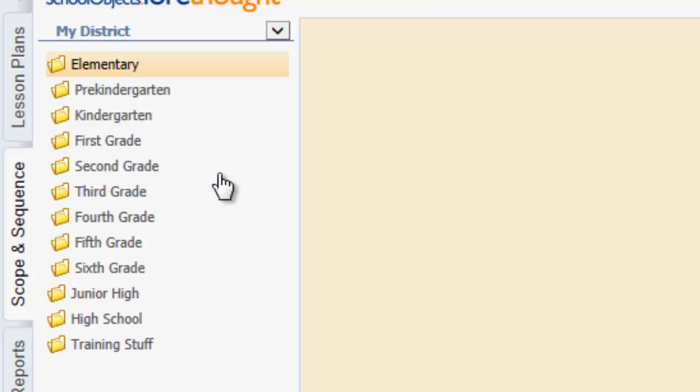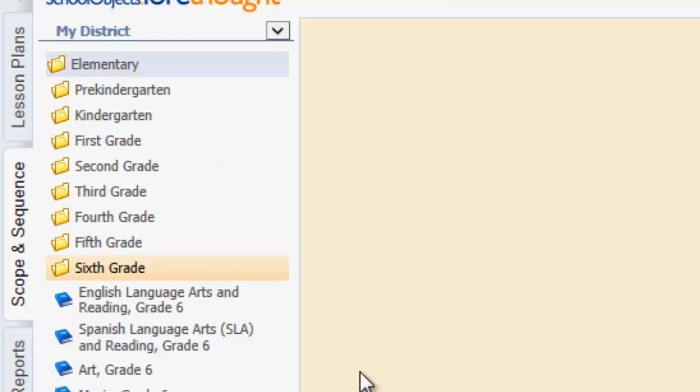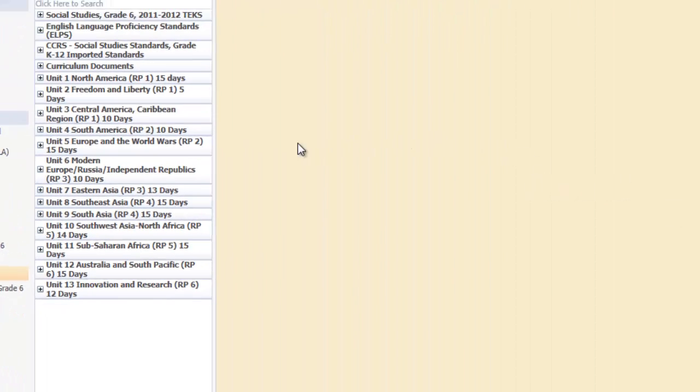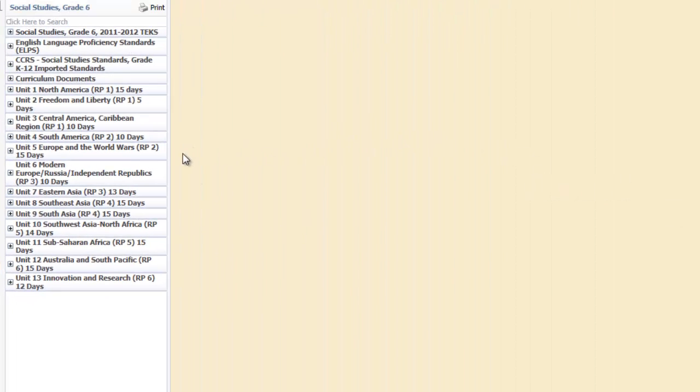We'll go into Elementary, and then we will click on 6th grade. And here are all the subjects for 6th grade. We're going to click on Social Studies right there and bring up the entire curriculum. Some of this is going to look very familiar to you. Basically, we kept the same structure as last year. Many of the unit names stayed the same, but there were some major changes, and we just want to spotlight